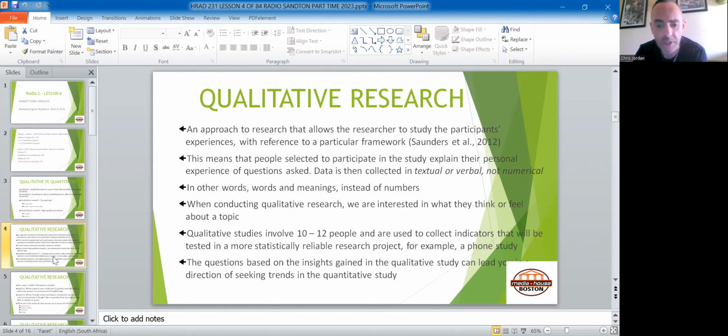So when conducting qualitative research, we're interested in what they think, why they think it, what happened to the way that they used to think, or anything, again, with behavior, and unique experiences, to understand our listener better, so we can make better and more accurate choices that are effective, with results that directly please and satisfy our listeners, so we can get more of that target market listening to us more loyally.